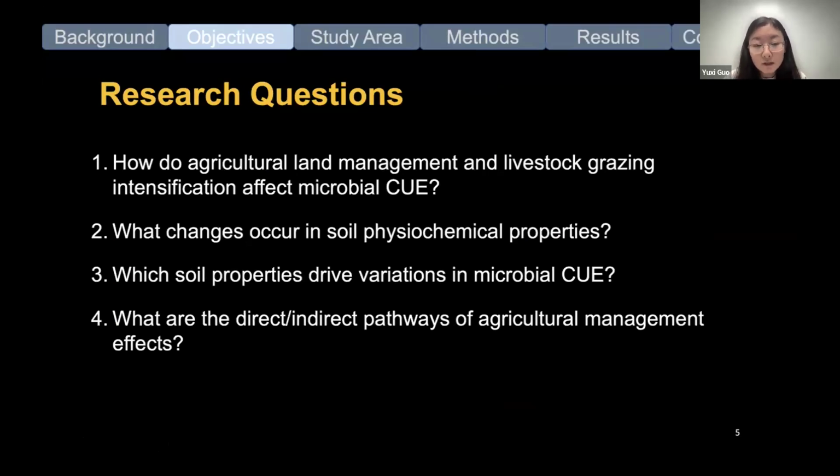And second, we want to know what changes occur in soil physicochemical properties under different management regimes. And third, we would like to identify which soil properties are the primary drivers of microbial CUE. And finally, we would like to unravel the direct and indirect pathways of how agriculture management intensification affects microbial carbon use